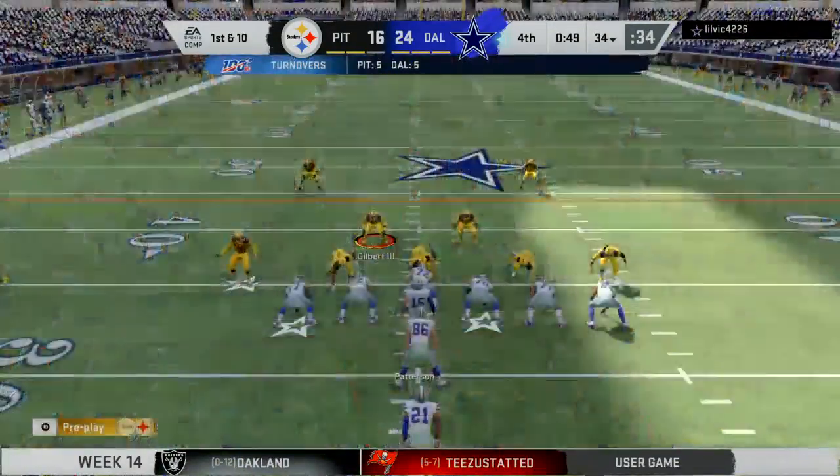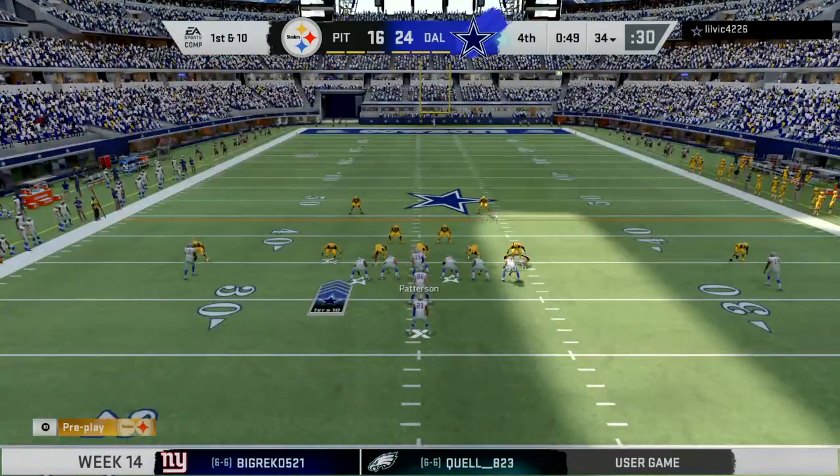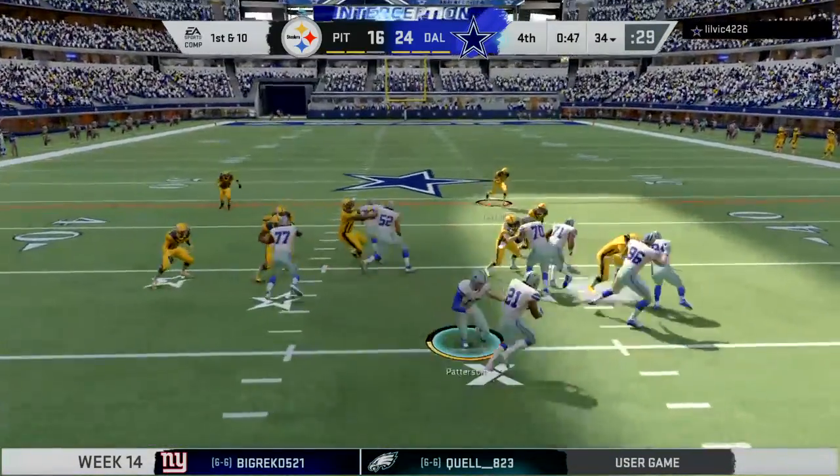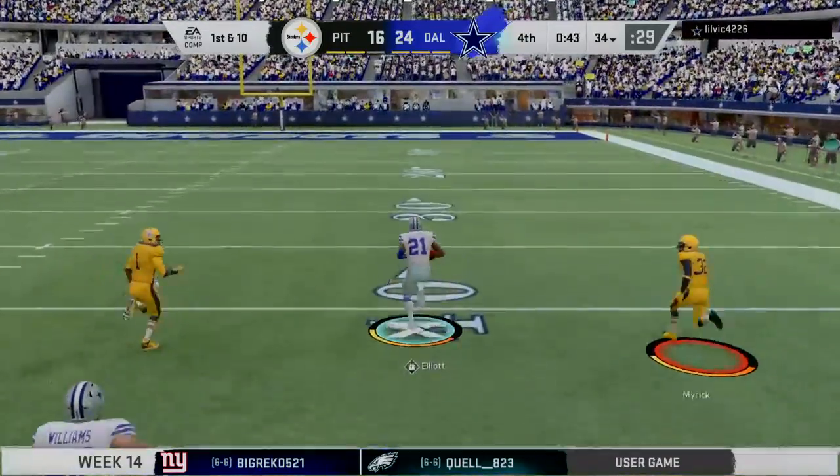Just a little bit of a rough stretch. 6 interceptions now in these last 2 weeks combined. I know the easy thing is to go back to mechanics, footwork, things of that nature. I'm also wondering, is he getting fooled by what he's...